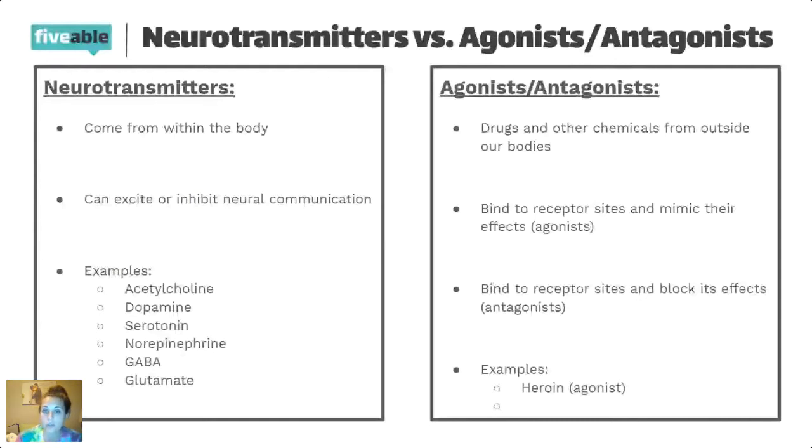But I mentioned earlier, you can also take prescription medications or illicit drugs that mimic some of these responses. Those are called agonists and antagonists. Agonists or antagonists are drugs and other chemicals that come from outside our bodies, but yet mimic what a neurotransmitter does or block a neurotransmitter from working. So an agonist binds to receptor sites and mimics its effects. So basically, maybe you don't get